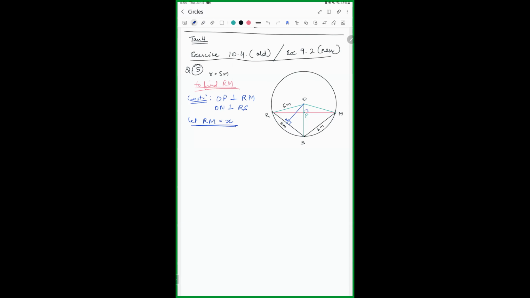Now, if you look at the area of triangle ORS, what is it going to be? Triangle ORS, this one. This triangle over here, what is the area going to be? We know that the area of a triangle, if the height is given, is half into base into height, right? What is base and height? Base of it is NS, right? NS,